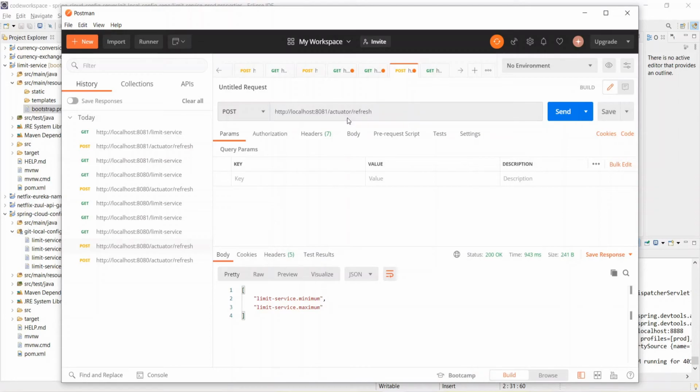So to resolve this problem, we will introduce the Spring Cloud Bus. Using this Spring Cloud Bus, you don't need to go to each and every instance of limit service or any other microservices. The Spring Cloud Bus will refresh all 200 services in one go, and it will get the latest configuration of all the limit service microservices.